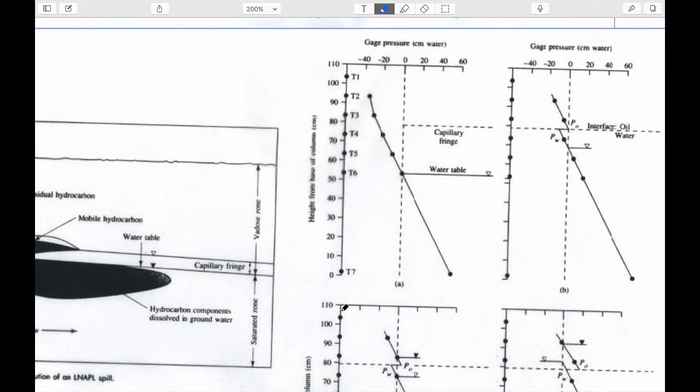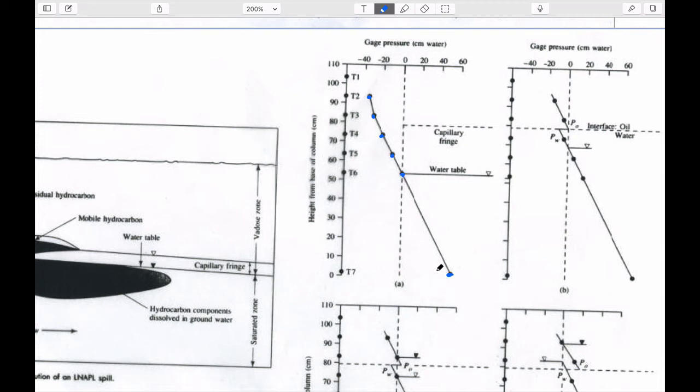Instead of measuring saturations, let's assume that in a column you could measure pressures. If you could measure the pressure through this pressure gauge at about 1 meter down, so this is 110 centimeters, so this is about a meter depth, this is about half a meter depth, this is about 20 centimeters down. If you could measure the pressures at each of these locations,